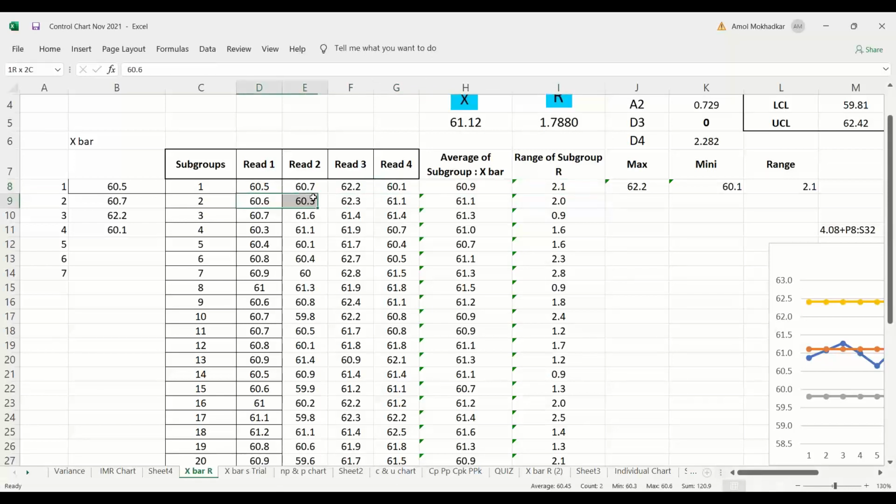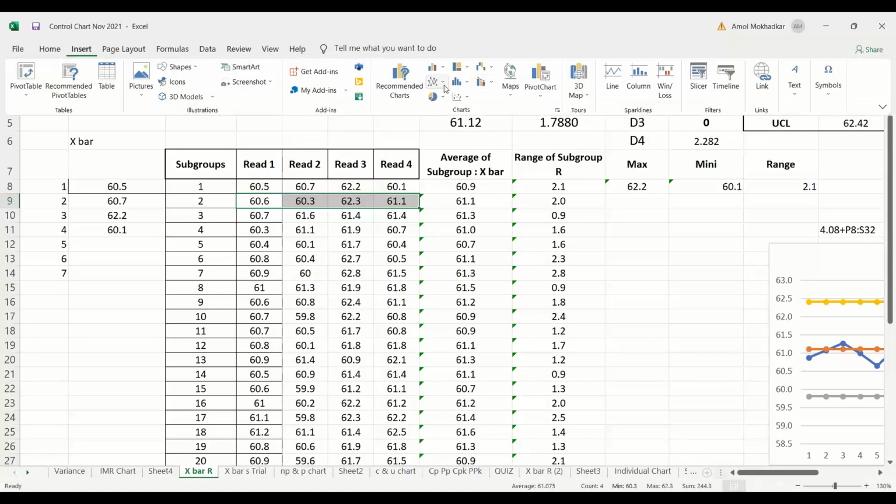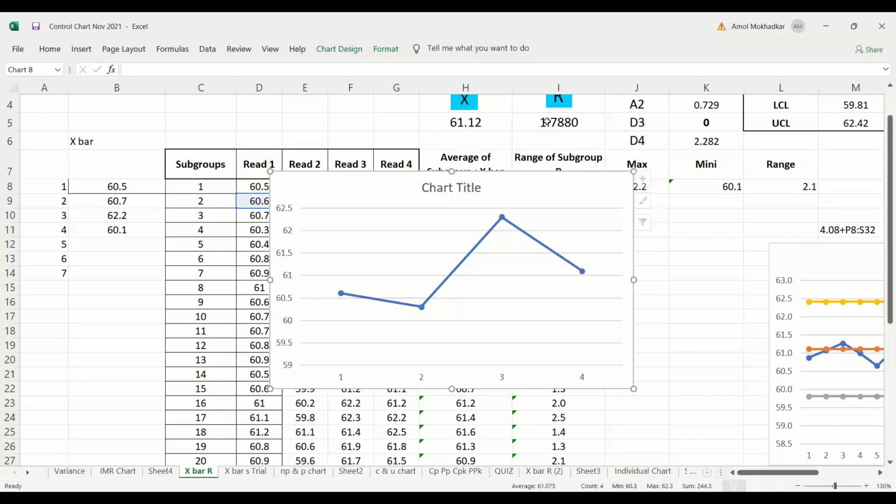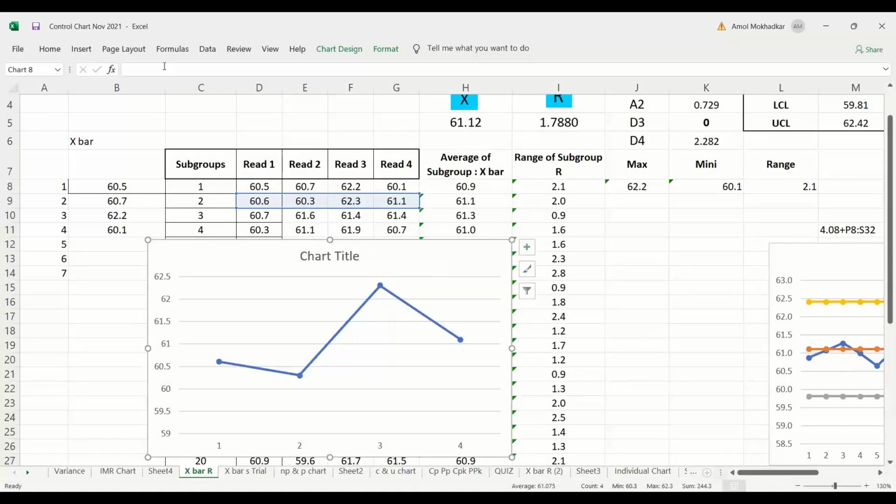Then similarly, what will be the range here for the other subgroup? It will be the difference. What is the minimum value? This is the minimum value. What is the maximum value? This is the maximum value.